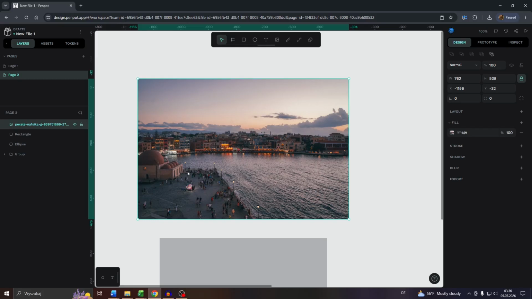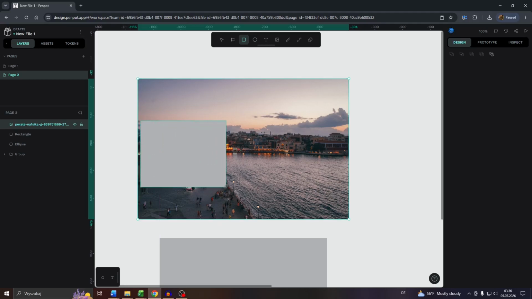So what you want to do is you want to add a rectangle or shape, right? If you want to crop out, for example, a rectangle shape, you will need a rectangle shape for that. If you want to crop out, let's say, a circle, you will need a circle, and so on and so forth. So use the rectangle tool here at the top, for example, and position it above your image. Let's say, for example, yeah, as I said, this area here, right? Doesn't matter which color the rectangle has, just make sure that it covers the area you would like to crop,